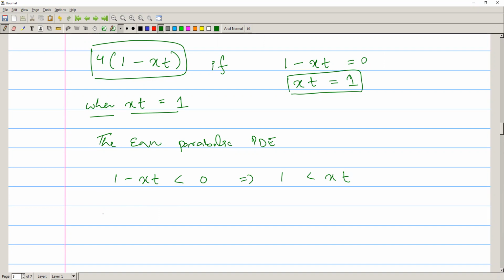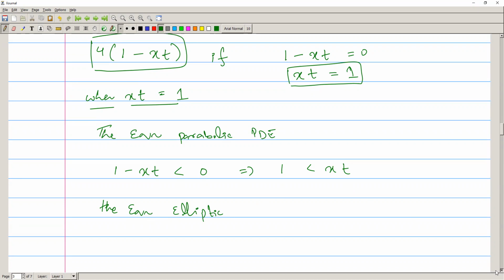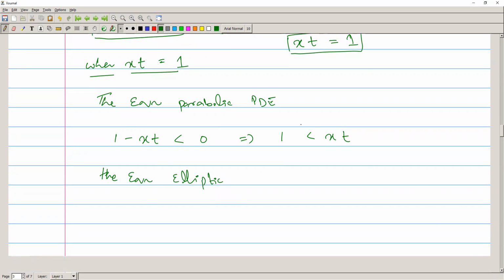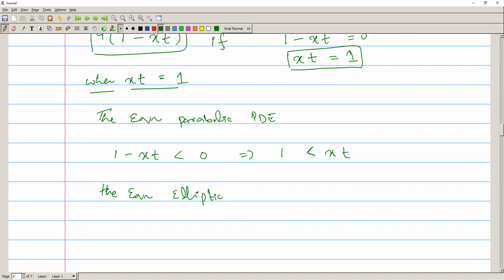So the equation will become elliptic, right? When xt is greater than 1, the equation will be elliptic because the whole function b squared minus 4ac will be negative,